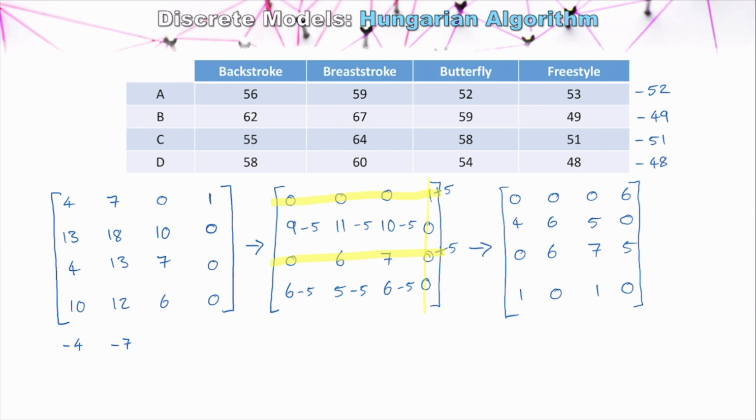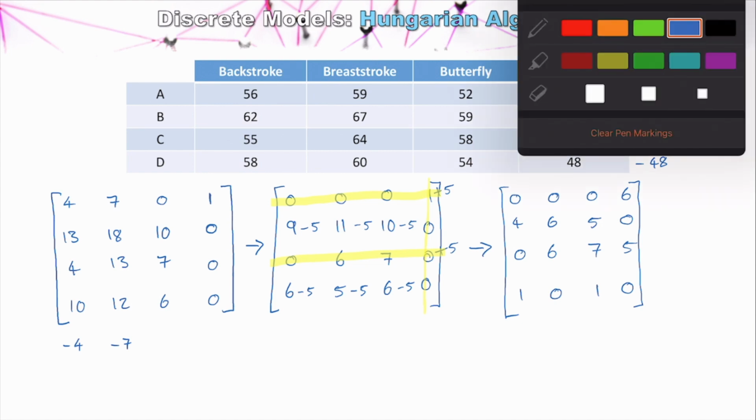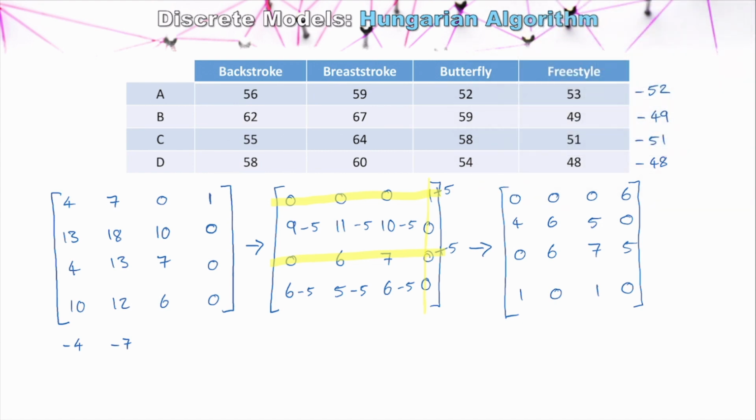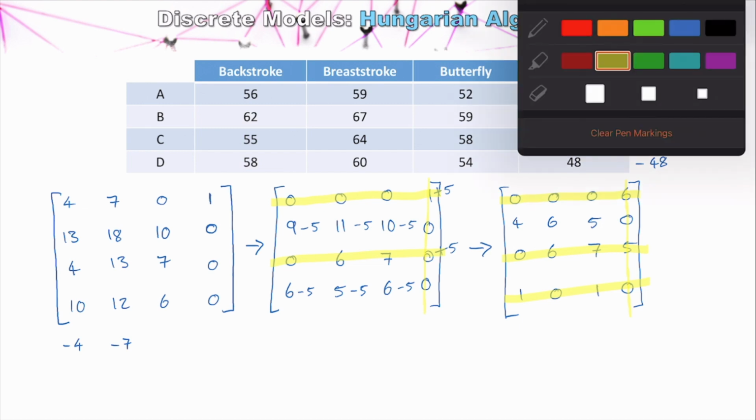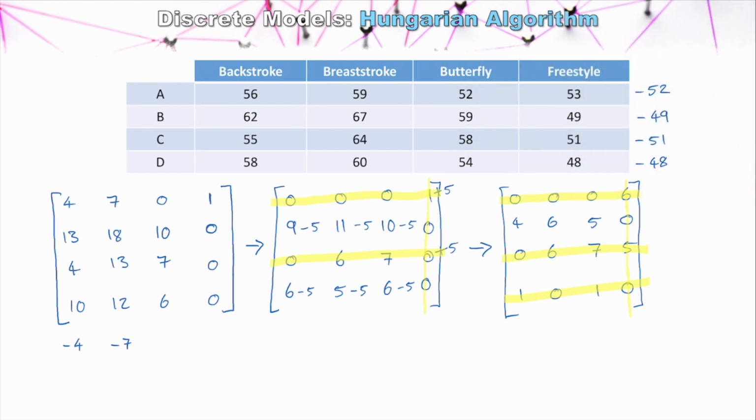And what we do is we now go back to step 3, where we're trying to cover this up again with the minimum number of vertical and horizontal lines. So if we look at it here, we could cover this all up in here like so. I can see a duplicate here as well, so let's cover here. But you can see that no matter what we're actually trying here, it's going to take 4 lines no matter what to get all the zeros. So what that tells us, because the minimum number of lines it takes is the same as the size of the square array,